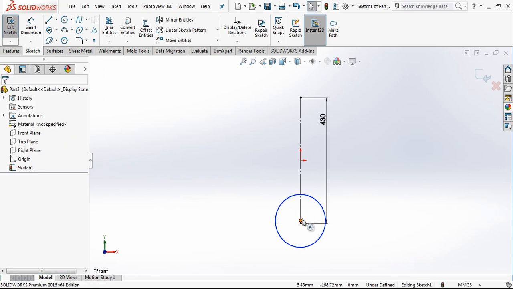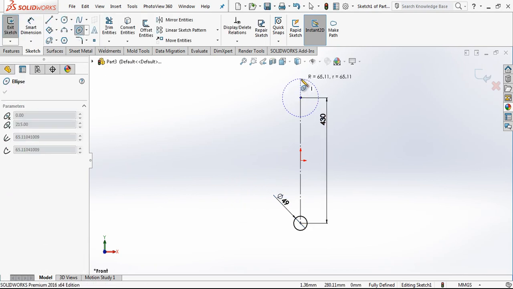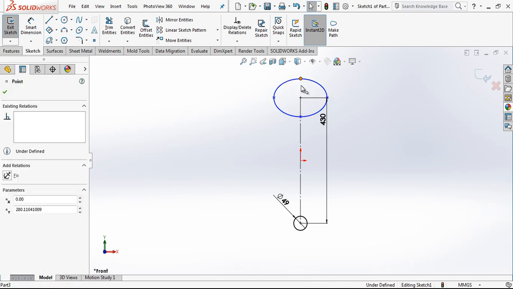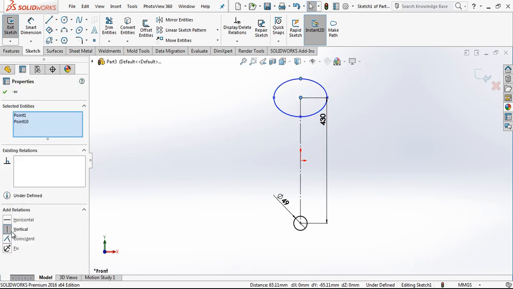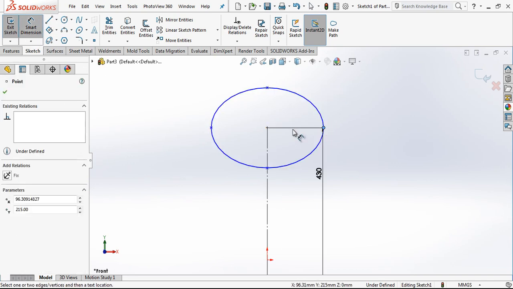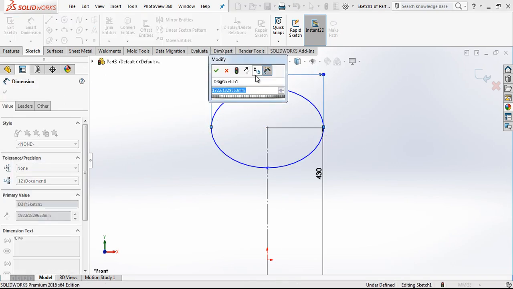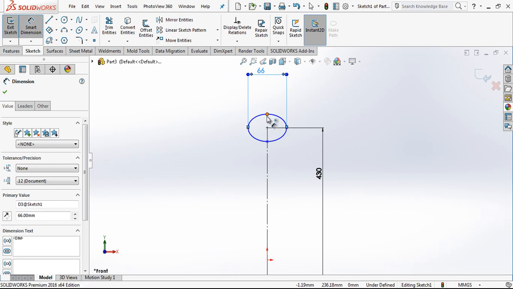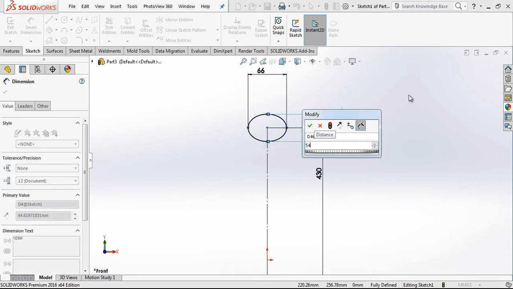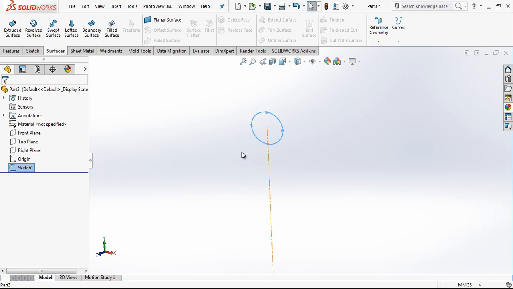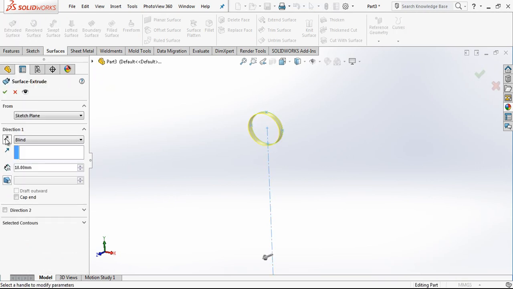430, and at the bottom I have a 149 diameter circle, and up there I have one ellipse. We are going to align this to a point, which is 66 by 54. The first thing that we are doing is creating these two objects, the ellipse and the circle, with surface extrude,